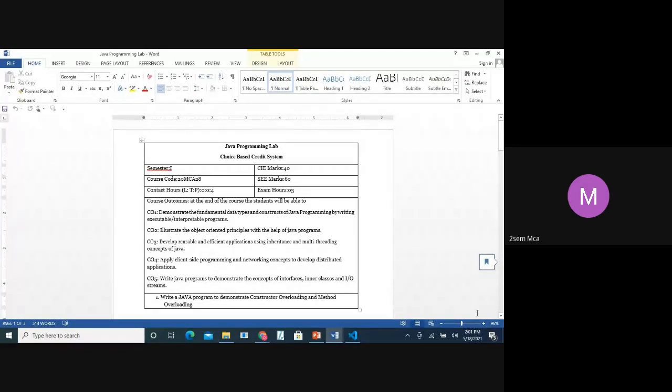We are starting with the Java lab. What you'll be learning in Java at the end of this course is that you'll be able to demonstrate the fundamental data types of Java programming by writing executable and interpretable programs, and you'll be able to illustrate the object